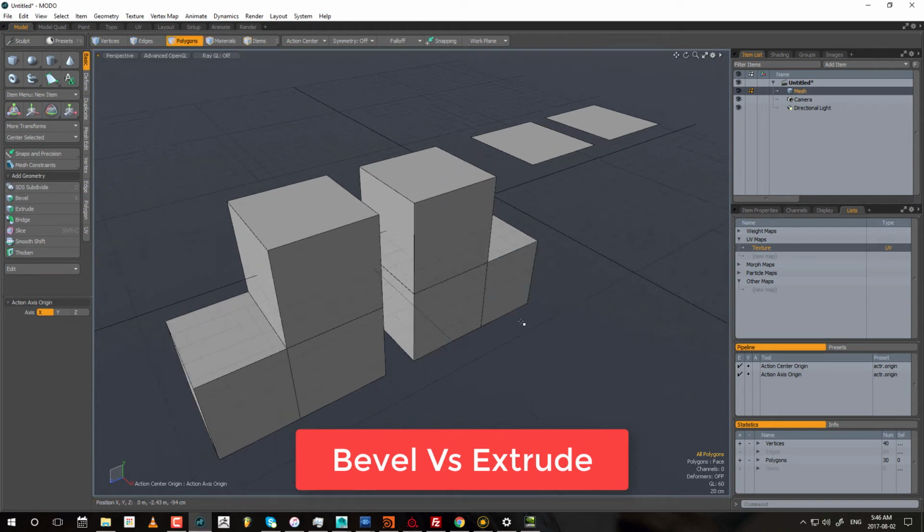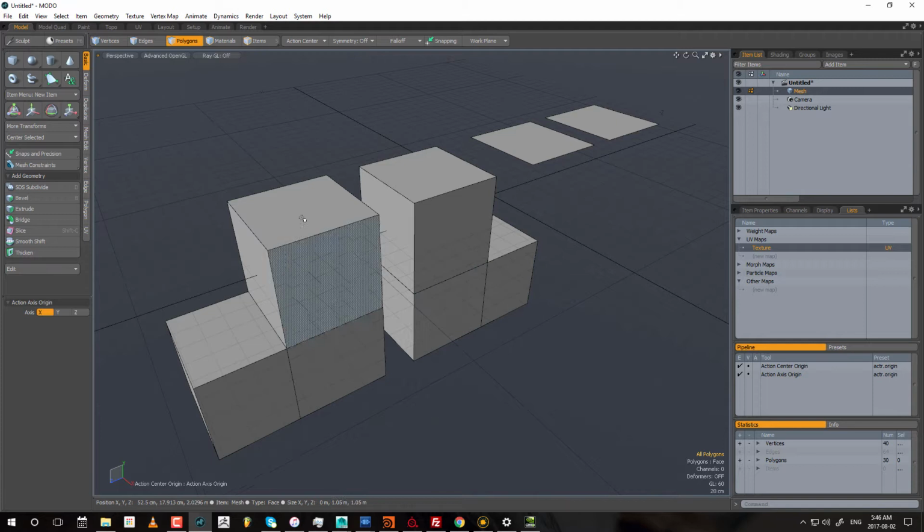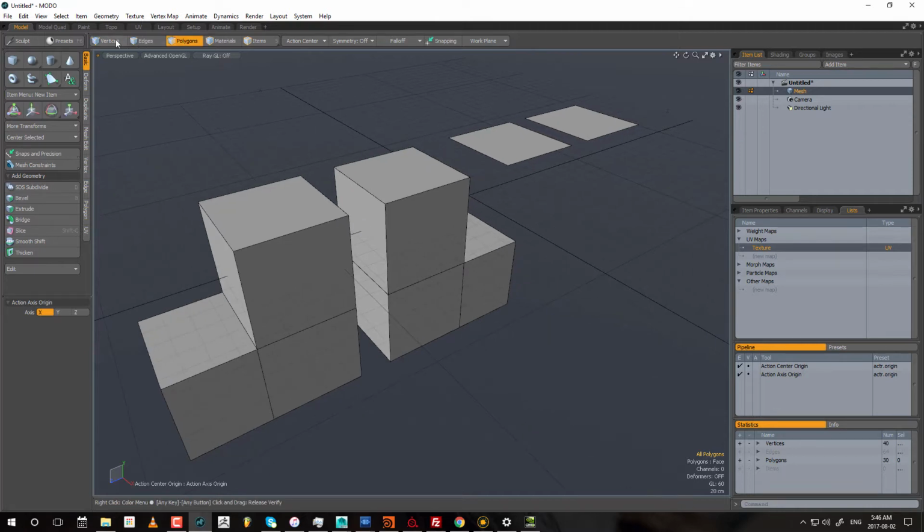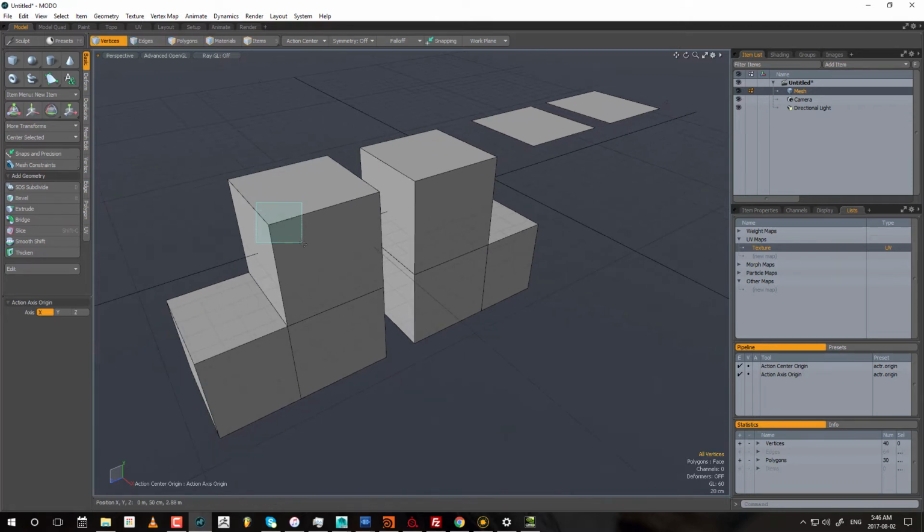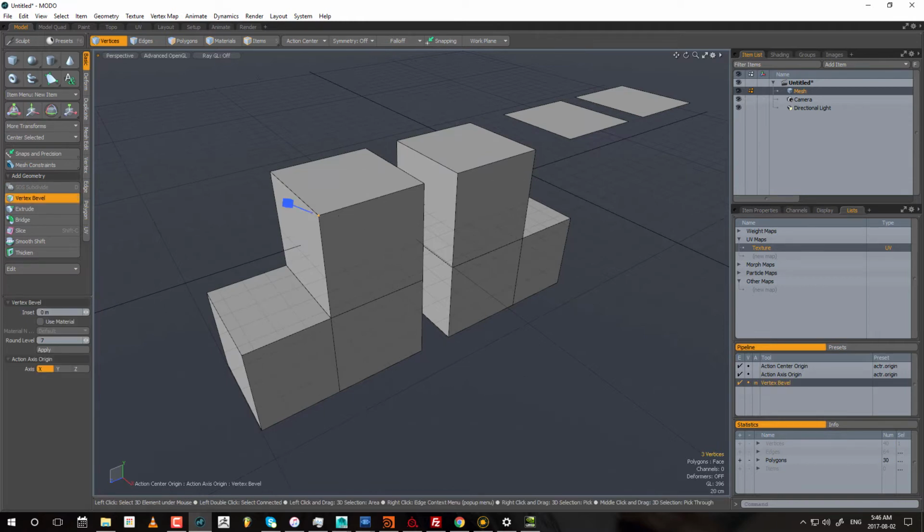Alright, hi guys. So, Miranda recently had a question about the difference between bevel and extrude. So let us explore how both tools work on vertices, edges, and polygons, and what the differences are between both tools. So if I were to, let's just say, choose vertices, and select a vertex and do a bevel,